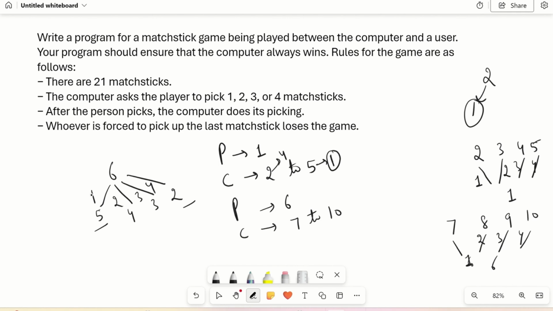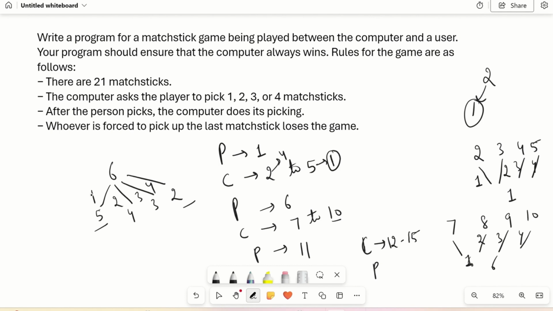Okay? If you go one step further down, what would be the answer? 7 plus 4 is 11, 10 plus 1 is again 11. Okay, and if we go one step further down, the player is at 11, the computer will be at 12 to 15.